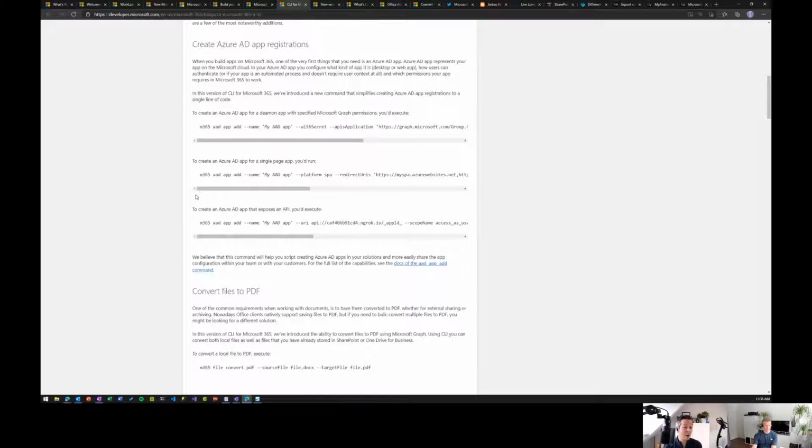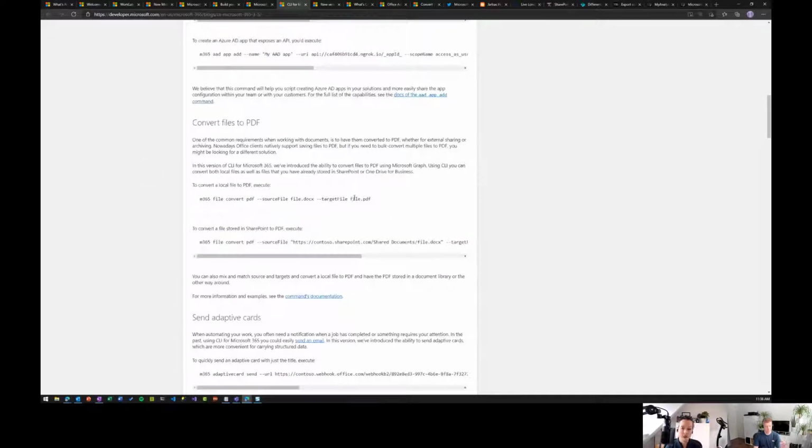It's not a unique thing that only we offer, but it's our take on how we could simplify that. Along these lines, we also implemented a new command that allows you to convert files to PDF. That's something that we hear time and again. You have a file, or you need files, whether docs, PowerPoints or Excel sheets, that you need to have as PDF to share as an attachment or archive or whatnot.